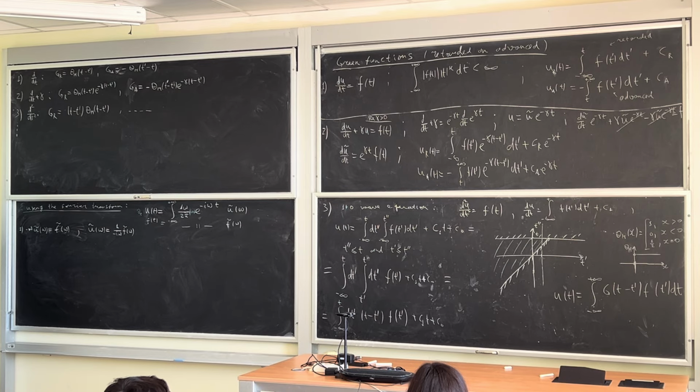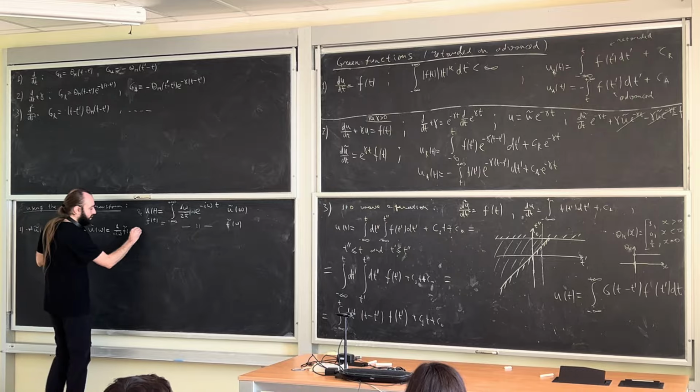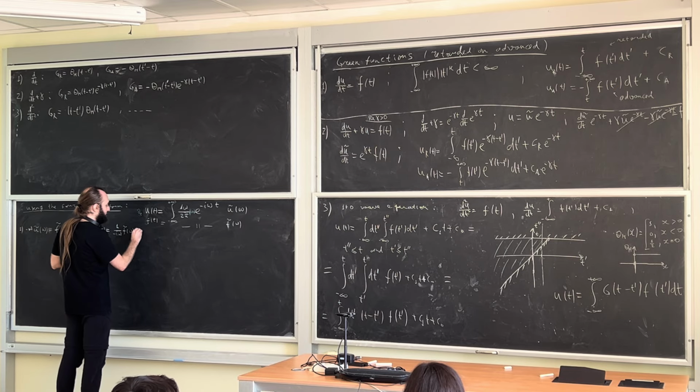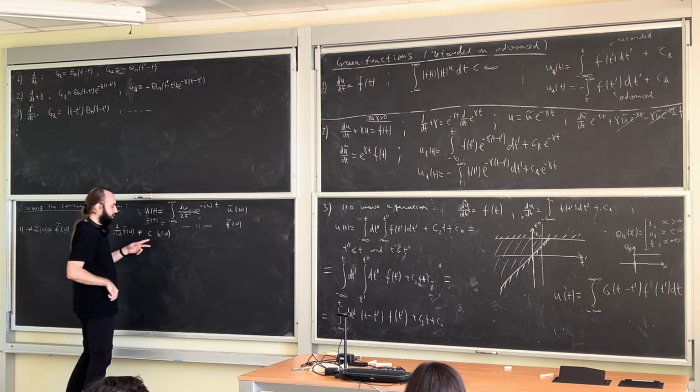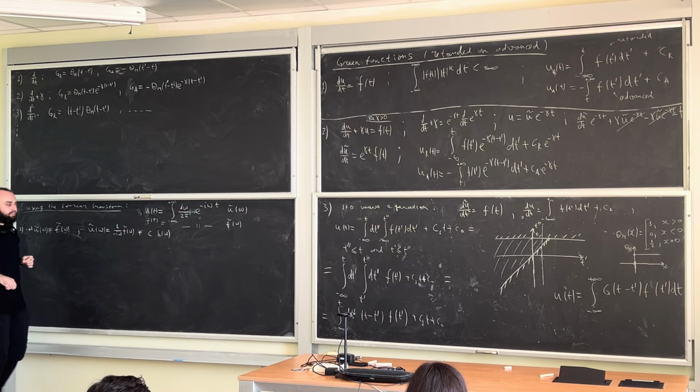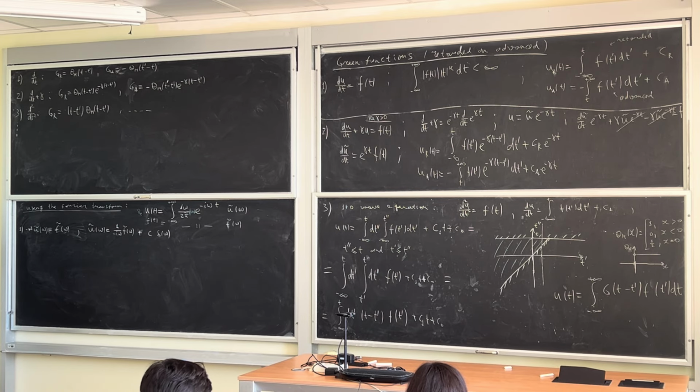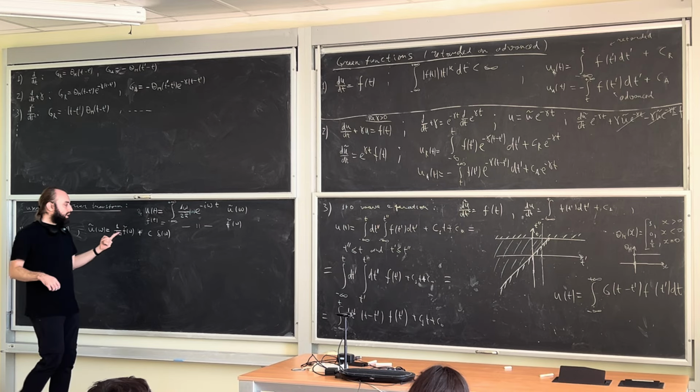There is a single delta function. So we can only add plus c times delta of omega, right? And this is because